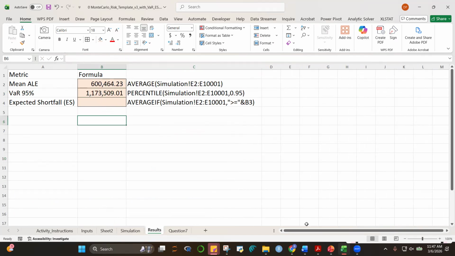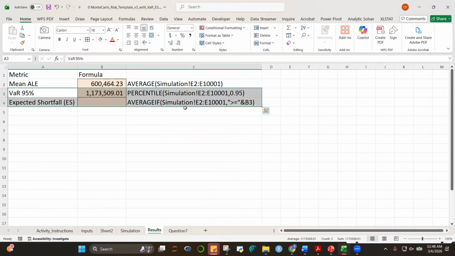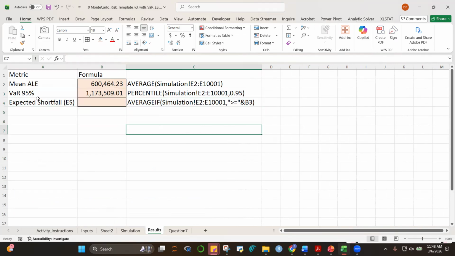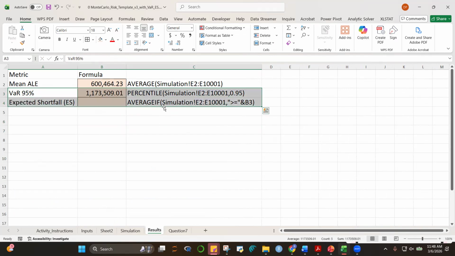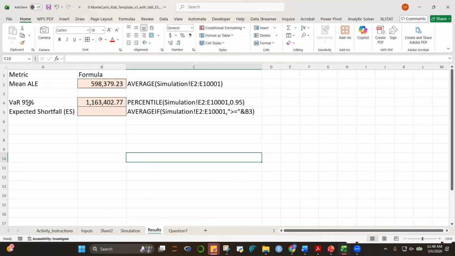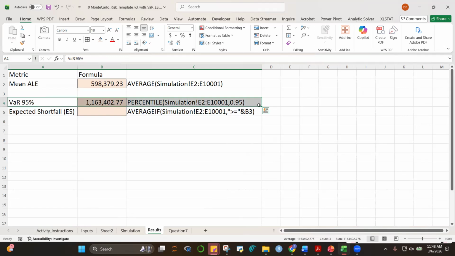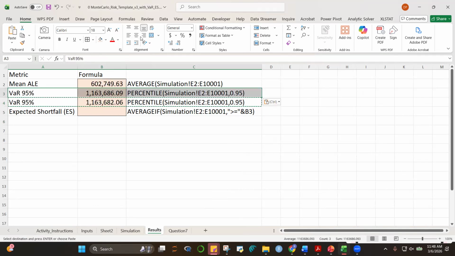Okay, so the VAR 95%, we're 95% confident that our loss will not exceed 1.173. Just for comparison, let's do this because sometimes others compute for the 95% and also the 99%.